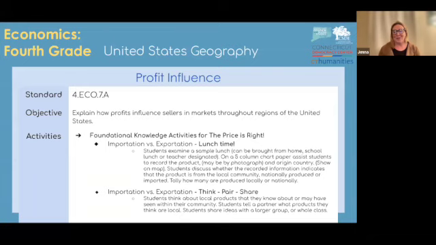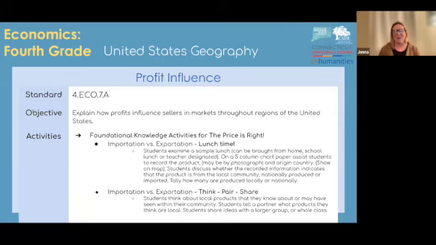Students then discuss whether the recorded information indicates that the product is from the local community, nationally produced, or imported. And you can tally up at the end, pulling in that math as well, how many are produced locally or nationally. And then another one that really solidifies our knowledge of importation versus exportation is just doing a quick think,